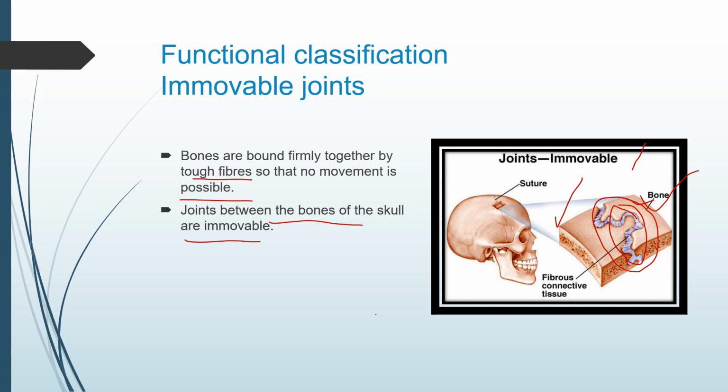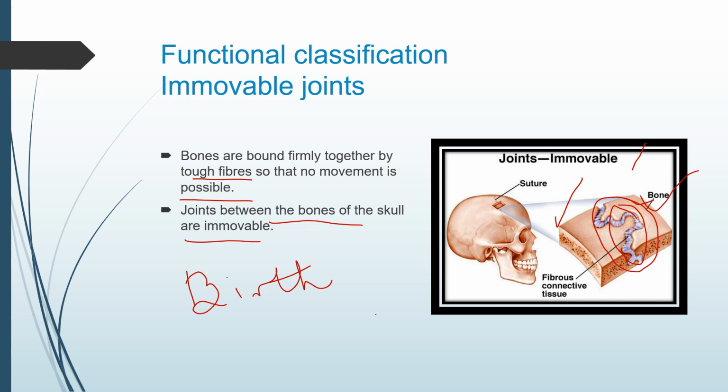So this is the fibrous connective tissue which is binding both the bones together, and both the bones are being tightly fixed in such a way that they are immovable. So generally, during the birth time only, these bones, sutures, actually we can say that these skull bones or the immovable joints play a slight role, because during parturition,